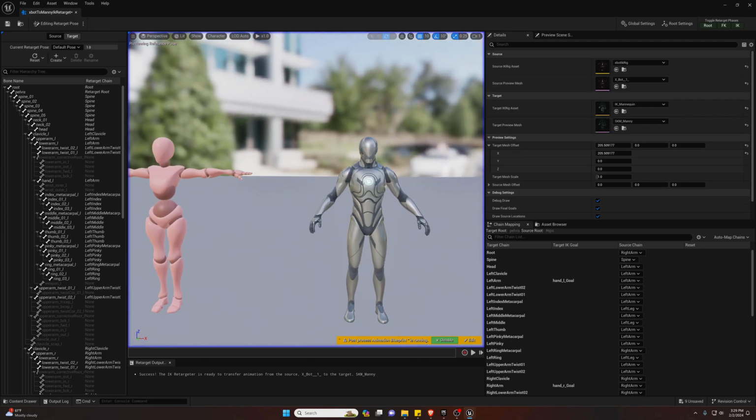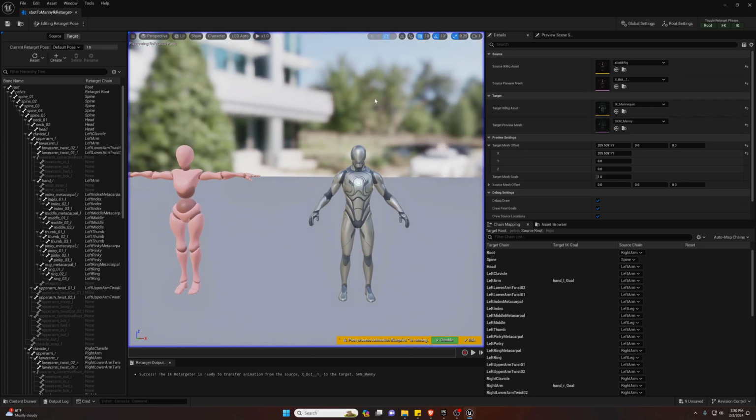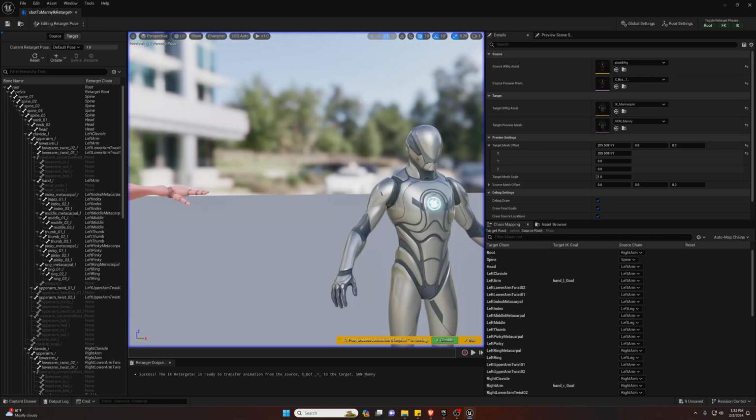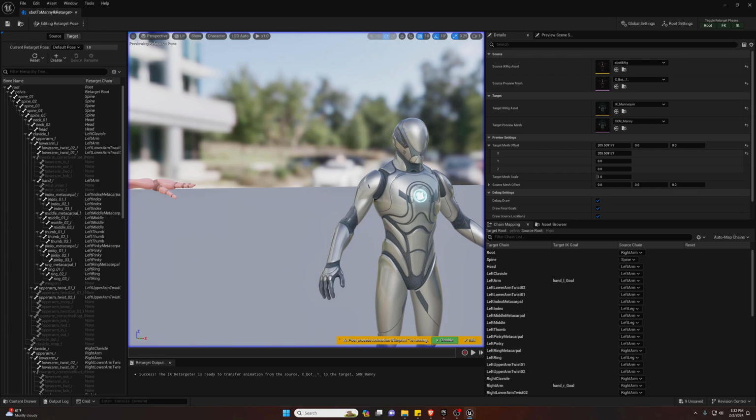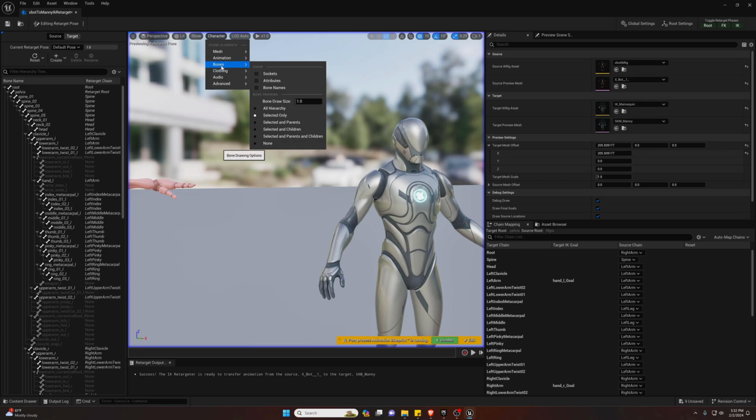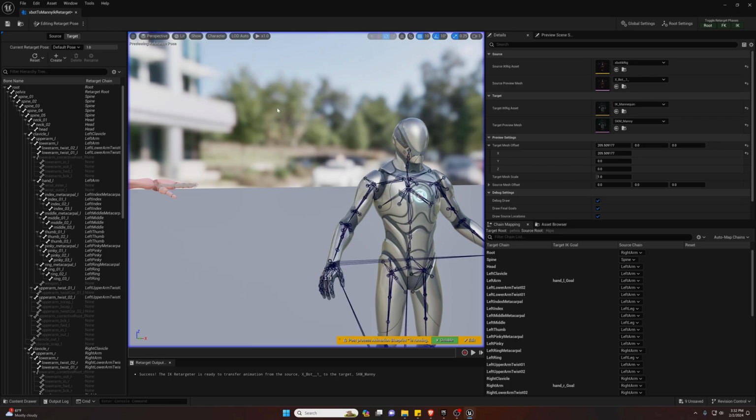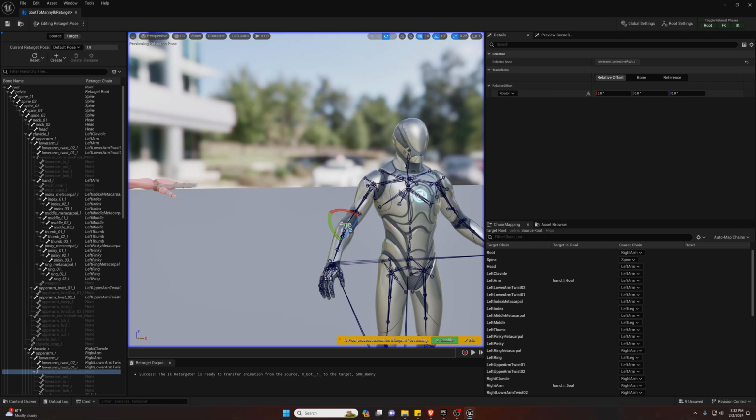So we are just breaking it down, how to do the process. You can fine tune it to perfection on your own. So these bones are what we need to grab and adjust, but they can be kind of a pain to click on. So what I suggest doing is going to bones and all hierarchy,